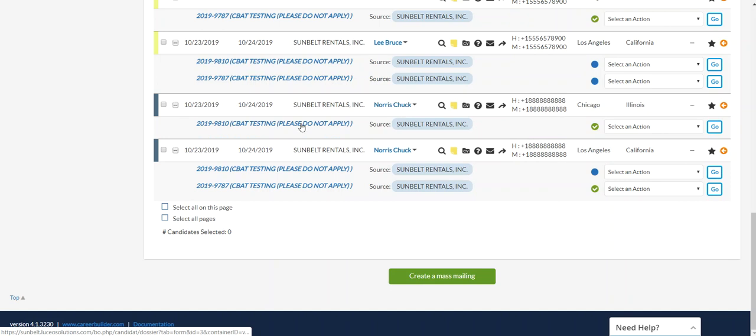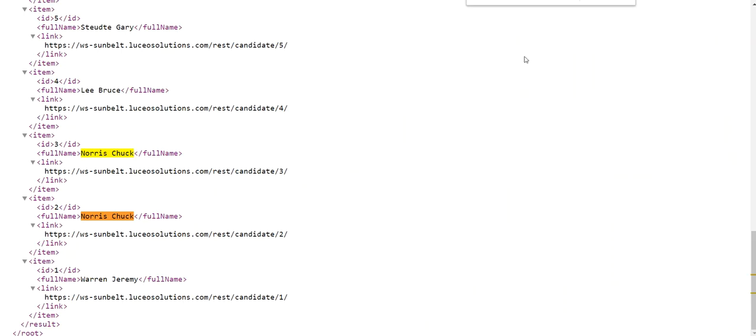So this Chuck Norris came in and applied to 9810. This unique version of Chuck Norris also applied to 9810. And then we have a record of that Chuck Norris applying to 9787. Now, our client has verified that they've received the Chuck Norris files for 9810, but have not received a file showing for 9787. Which in turn, I dug into the API and I'm looking here